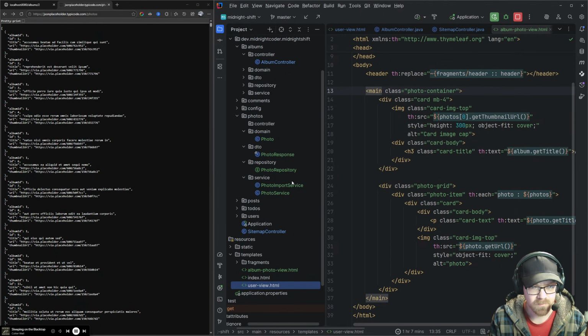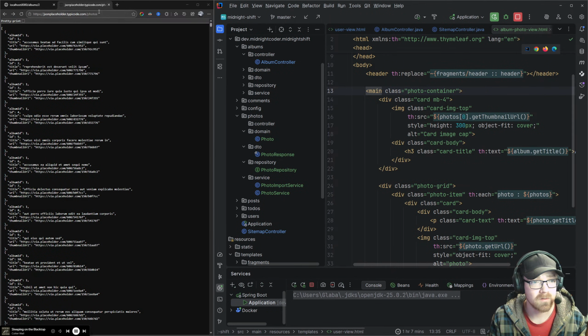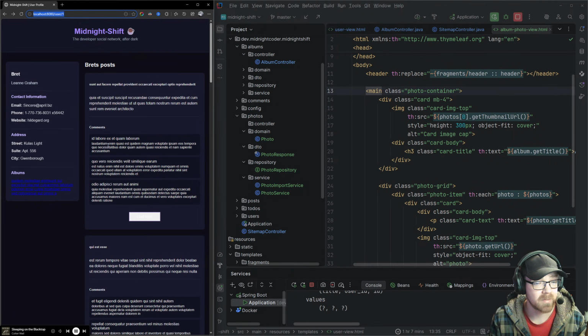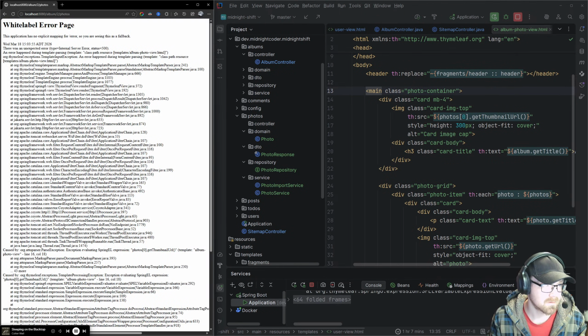Okay, so photo repository. Let's just see if this works. Let's rerun this. Get out of here. We're gonna go back to here. I'm gonna refresh this so that it's clean. Album to photos.